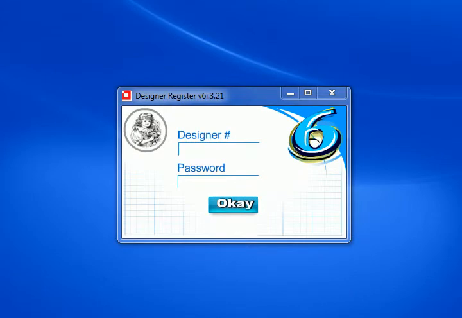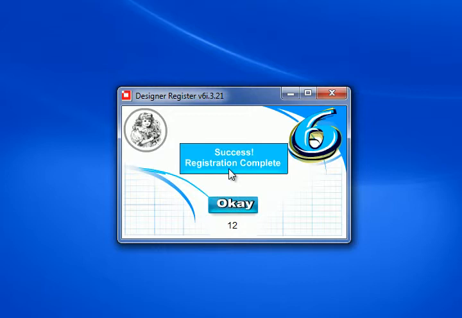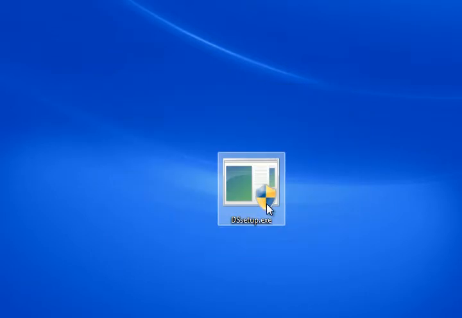So let's click into the first box here, and I'm going to paste the DesignSew account number and type in your password from your account and then select OK, and it should say success registration complete. Then select OK, and we'll go back to the program group